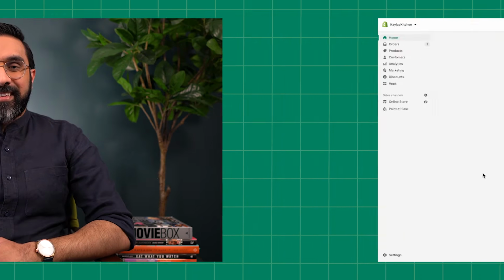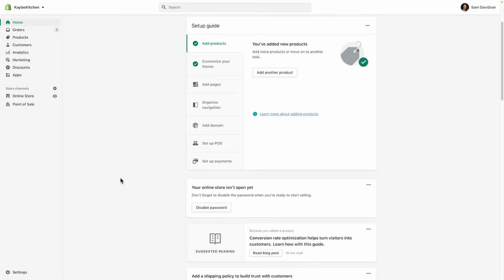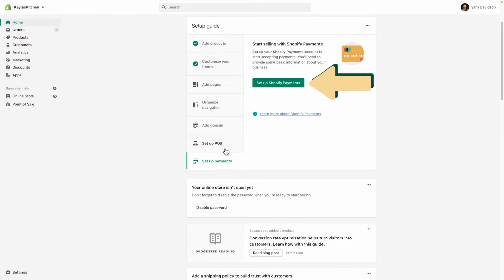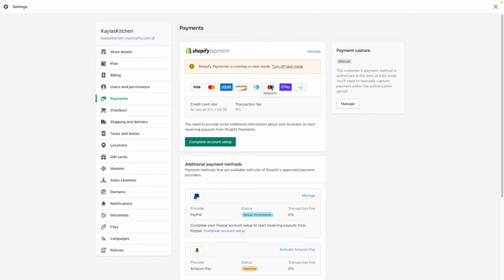Once you've picked a currency, you're ready to activate Shopify Payments. If you haven't already set up a payment provider, you can do so by clicking the onboarding card on the home screen, and then clicking Set up Shopify Payments. This will take you to the Payments section of your settings, where you'll be able to click Complete Account Setup